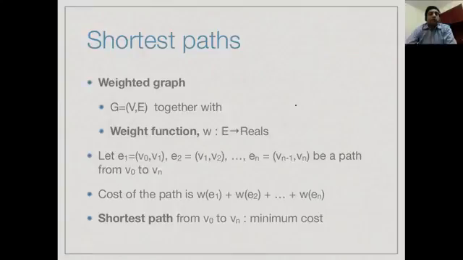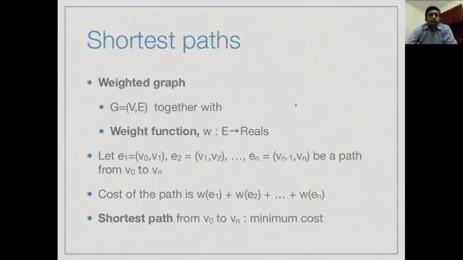Now if we have a path from V0 to Vn, we have a sequence of n edges, V0 V1, V1 V2, and so on. Each of these in a weighted graph would have a weight, and a natural thing to do would be to add the costs of these weights. So supposing these are distances, then the total distance, if we follow this path from V0 to Vn, will be the sum of the distances. If it's a sequence of flights, the total cost that we pay for a ticket will be the sum of the costs. So we will extend weights from edges to paths by just adding up the